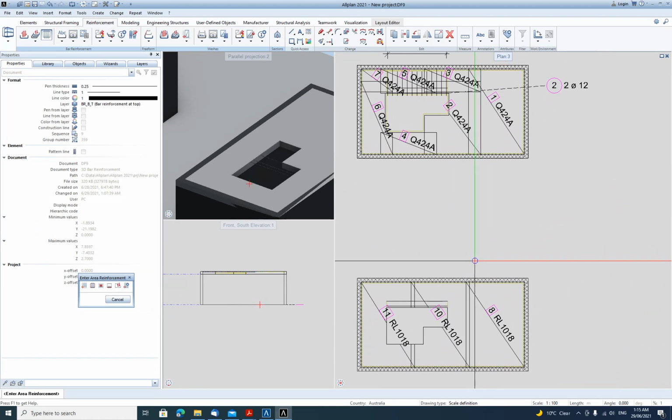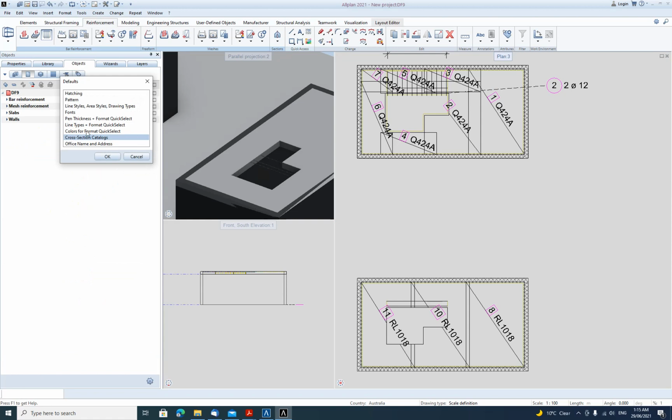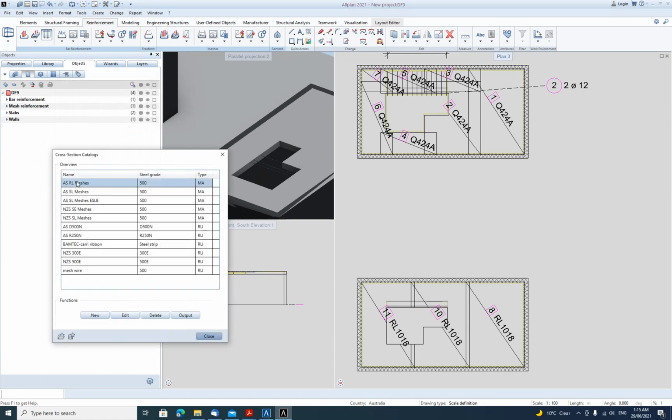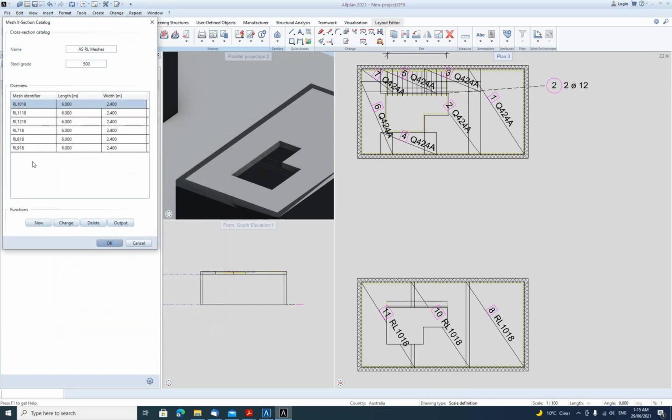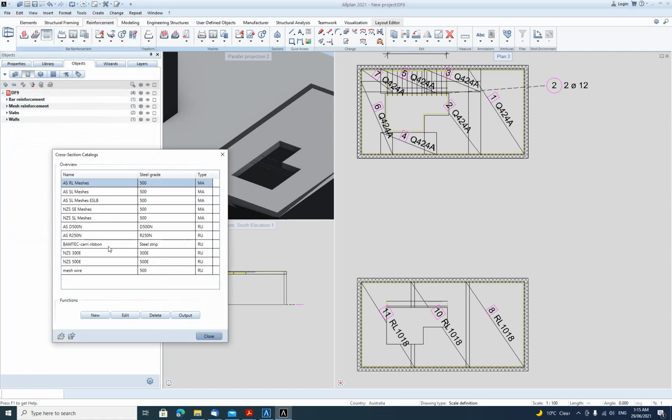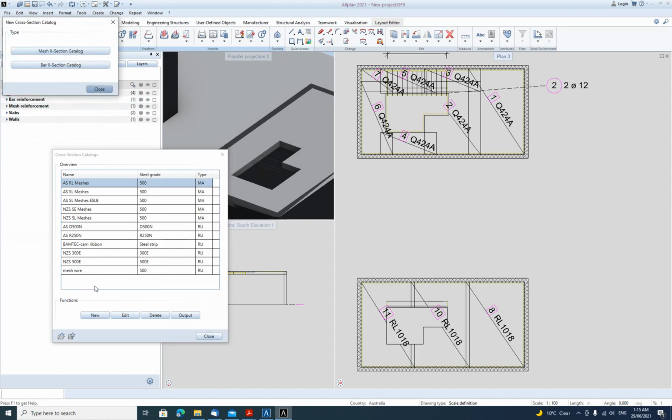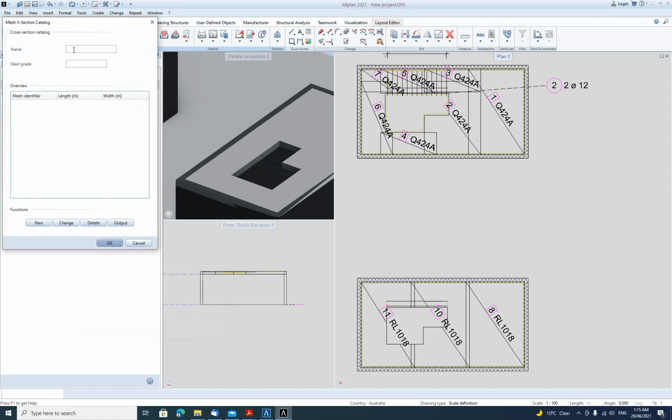Now let's say that we want to create a mesh that does not exist in our catalog. Here I can see, if I go press edit, different types of meshes. All I need to do is I can either create it here, or I can go back and create a new mesh cross-section catalog. I'll name it AUS custom. Put a steel grade, same one as before, and I'll create